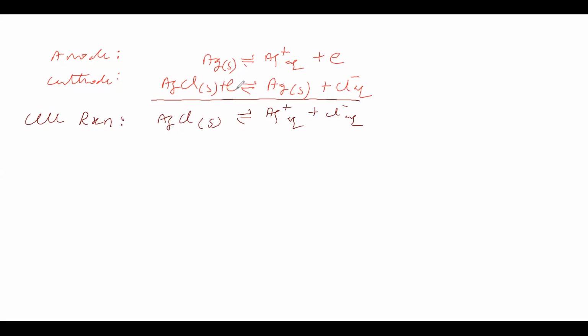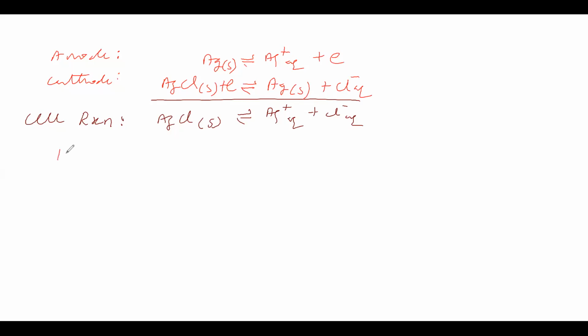So we got the cathodic half reaction also. We know the anodic half reaction, we know the cathodic half reaction. Therefore we know the cell reaction. We got the cell reaction. Okay, next we will see E naught cell and